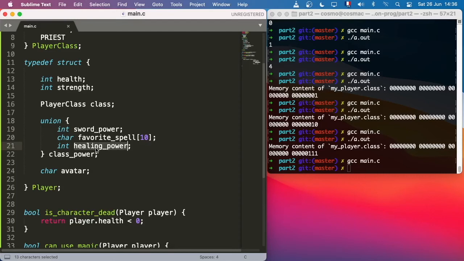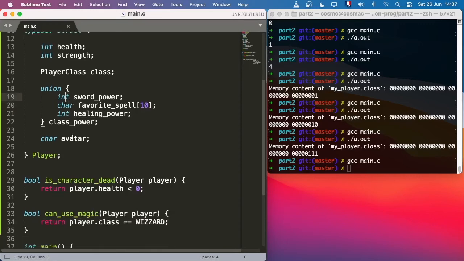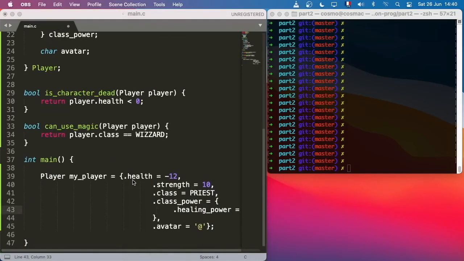This becomes very important if you were doing something like embedded programming, where you need to be very aware of the resources that you are using. And a union can save you a lot of space by specifying that only one of these fields will be defined at any time. Now, when you use a union, you should be really careful not to mix a union